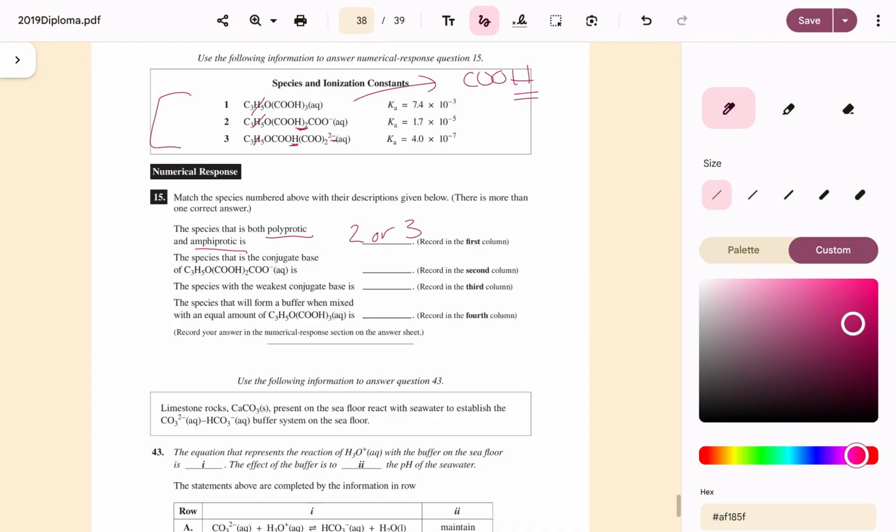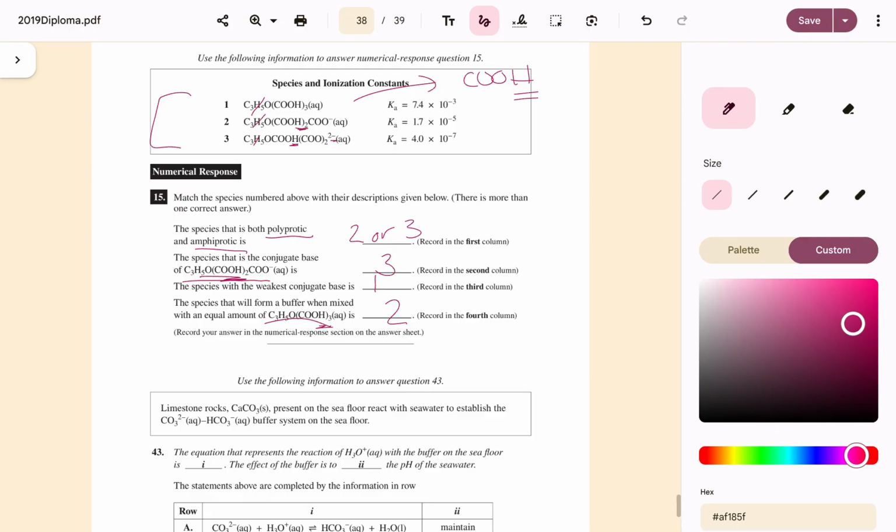Now, the species that is a conjugate base, if you're a conjugate base, right, you have gained a hydrogen. I'm sorry, the species that is the conjugate base of this: if you're the conjugate base, you are getting a hydrogen from this compound. So this one would be 3. The species with the weakest conjugate base would be number 1. And the species that will form a buffer when mixed with this here would be number 2, because that's the